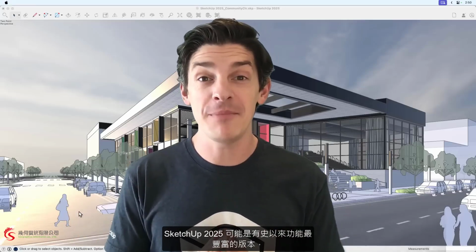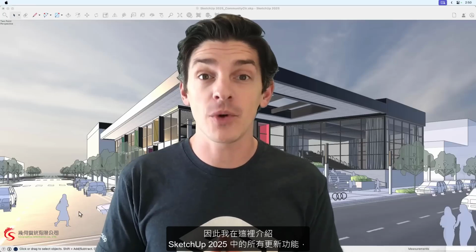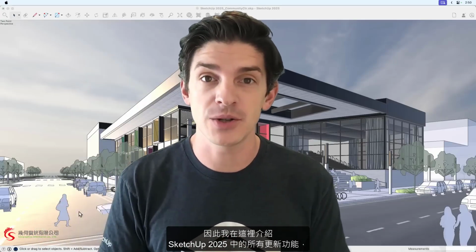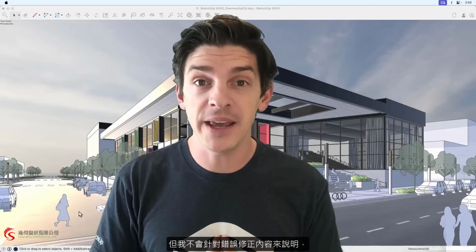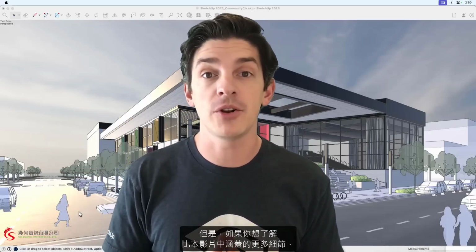SketchUp 2025 might be the most feature-packed release of all time, and so I'm here to run through everything that's new in SketchUp 2025. Look, I'm going to hit the big updates. I'm not going to go through every bug fix and that level of detail,